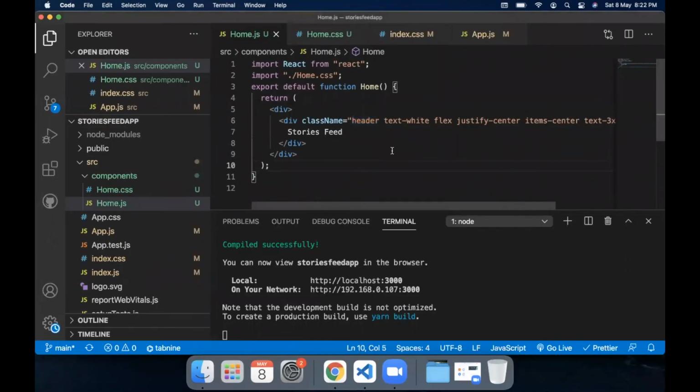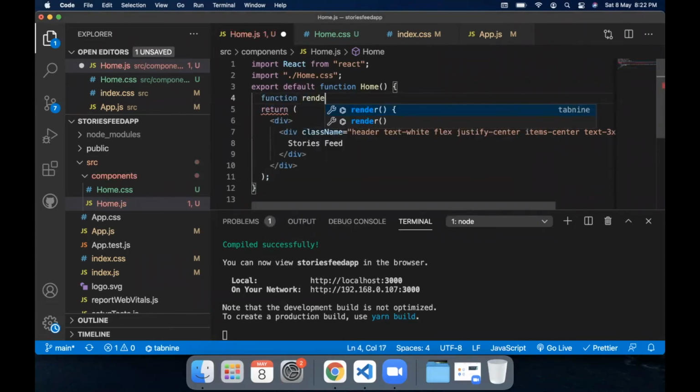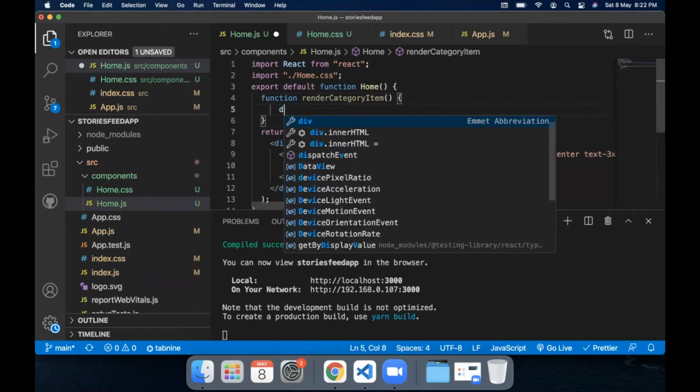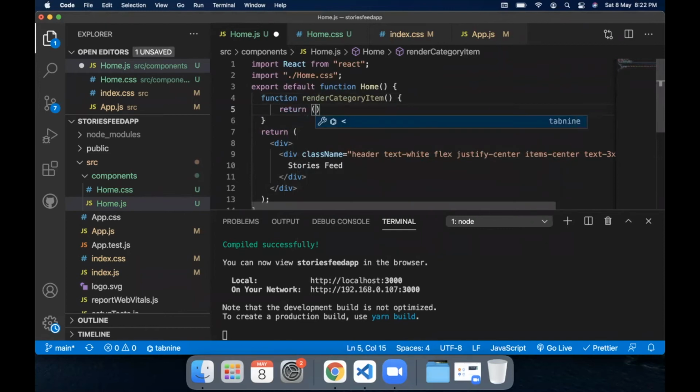So in that case, what I am going to do is create a function before return and name this function render category item. And we are going to write the code for our circular category item here.